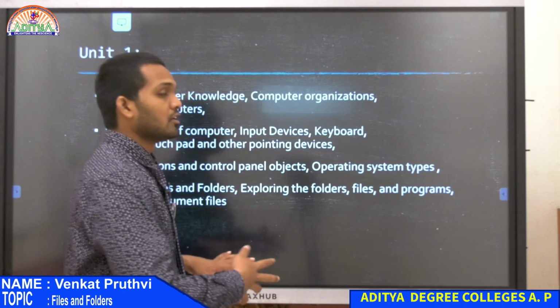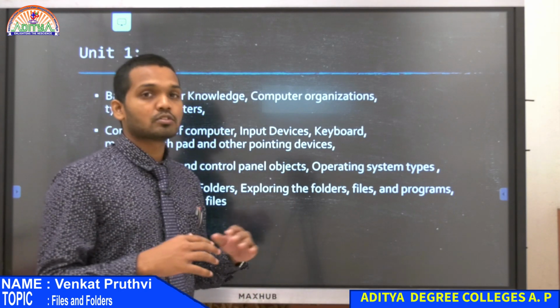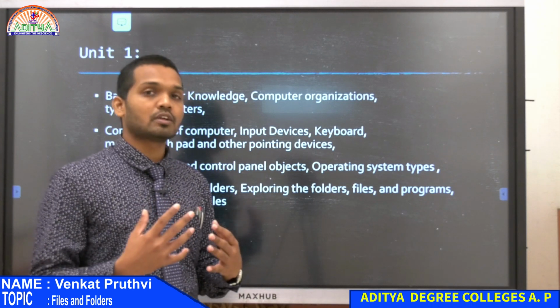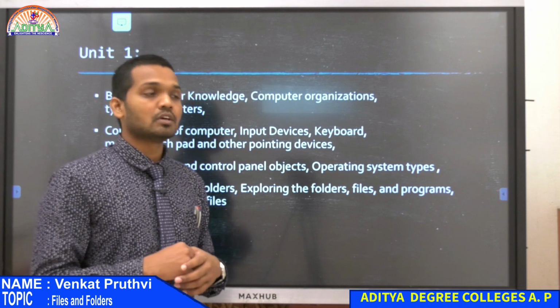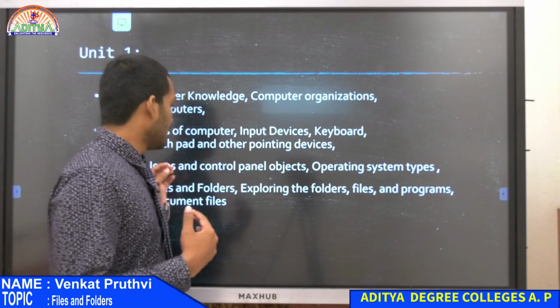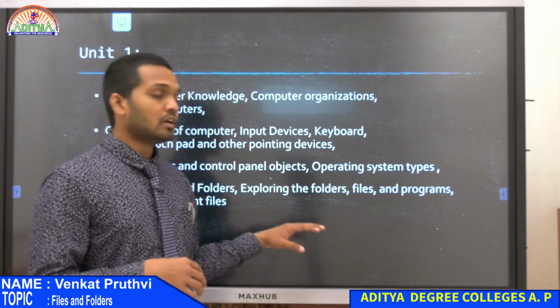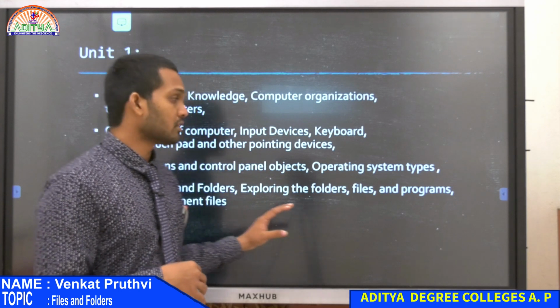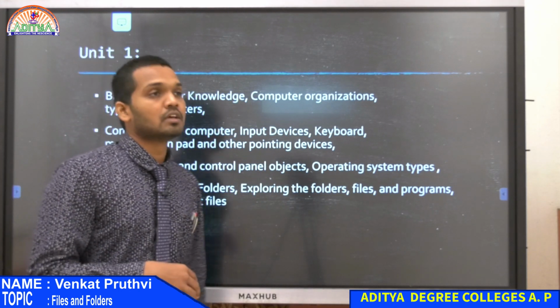Those of you who know about files, it will be very simple for you, but those of you who do not know what a file is, what a folder is, what things are present in files and folders, and how we manage all of that in a computer, you can carefully examine this and you will understand the different parts mentioned here. Okay. So first we will start with creating files and folders.